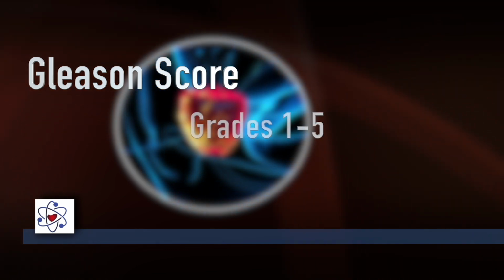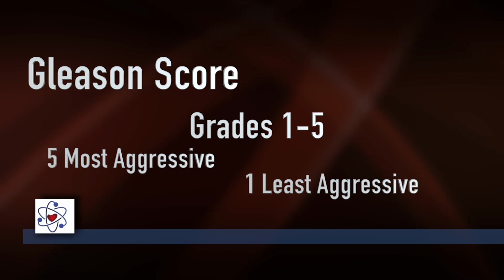So the grades range from 1 through 5. 5 is the most aggressive, 1 is the least aggressive. So we add the 2 numbers up that we see and we get a score. And the Gleason score can be anywhere from 2 through 10. So we take those Gleason scores and add it to the PSA value and combine them to get a risk category. Now, the risk categories for prostate cancer are generally agreed upon to be very low risk,